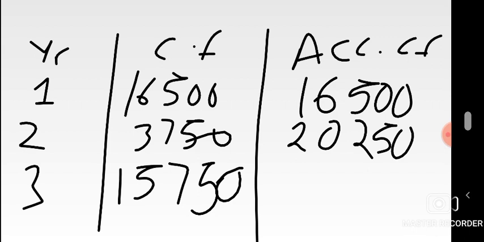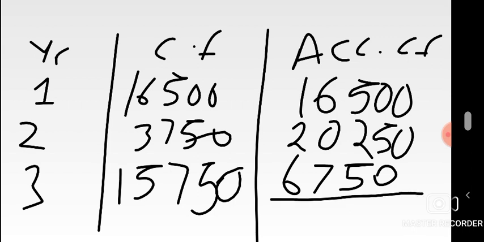So you'll find that there's a difference of 6,750. But this has to be shown as a fraction of what? As a fraction of the next cash flow, 15,750. Why are we taking a fraction rather than just putting the actual difference? Because this is a period we are estimating. So when you're estimating a period, the best is to represent it as a fraction,